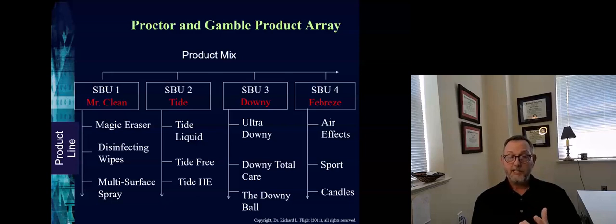So if we do Mr. Clean, what we would do is list all of Mr. Clean's products. And this could be extensive. It could be very, very long. That tells you what type of strategy they're using. They're probably using a full line strategy if the line is very, very long, versus a short or condensed limited